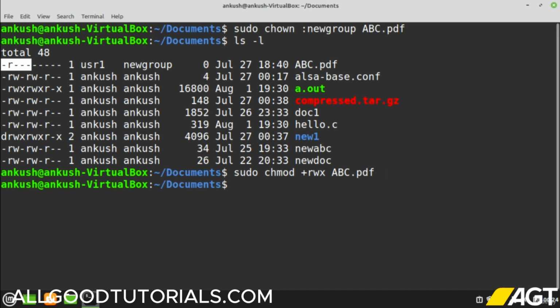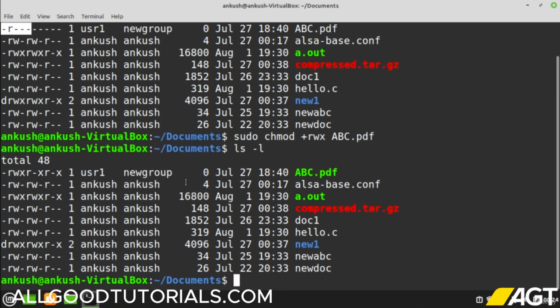Pressing enter, now it has registered it. Let's run ls and see what has happened. Now you can see that for user1, we have given read, write and execution, all the permissions. So user1 has all the permissions of reading the file and executing the file,